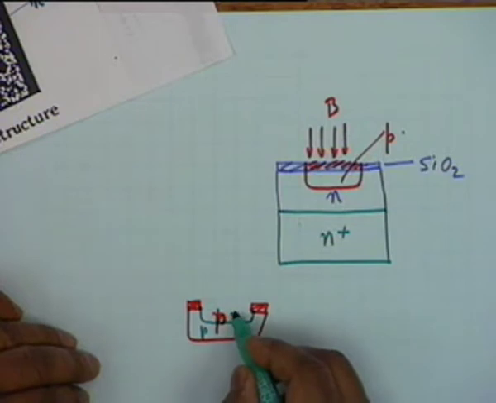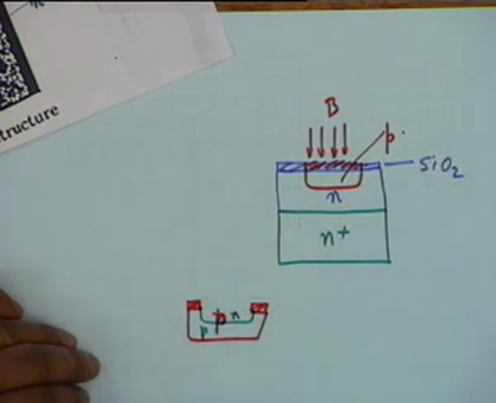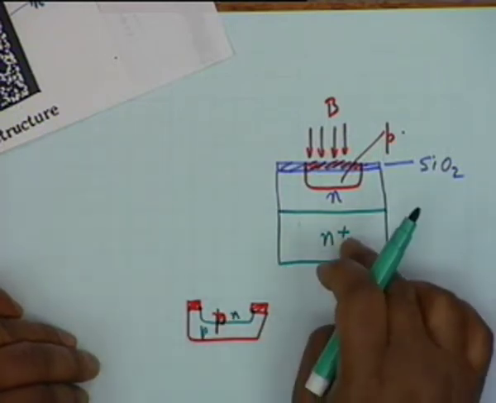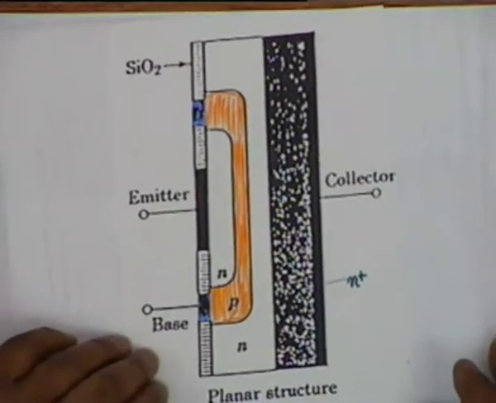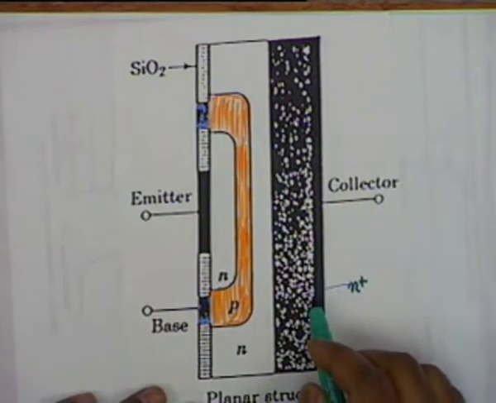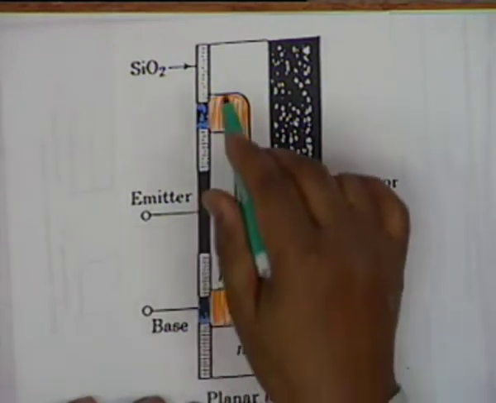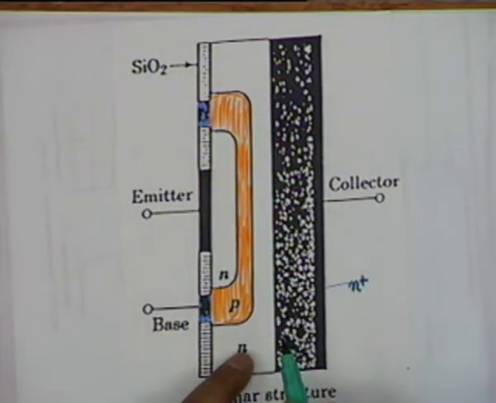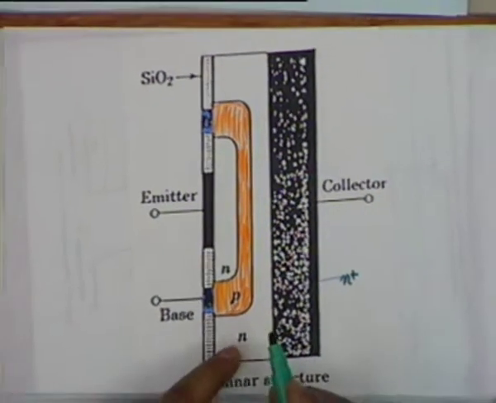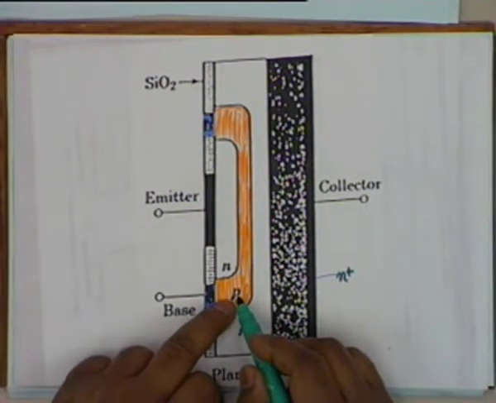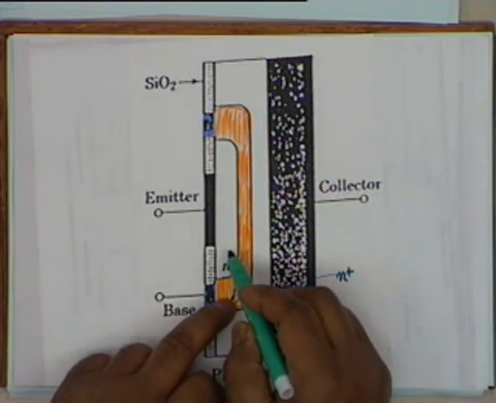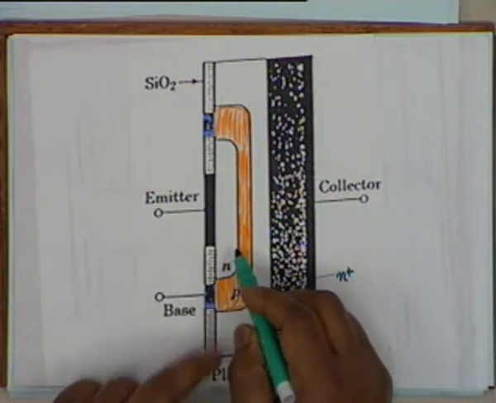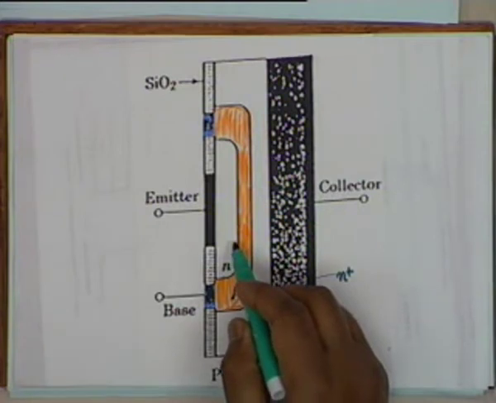So there is an N, there is a P, and then N and N plus. Let's look at this now. You have an N plus, then you grew an N, and by selective diffusion you grew a P type material. By another selective diffusion you made another N type material, and then you make metal contacts,